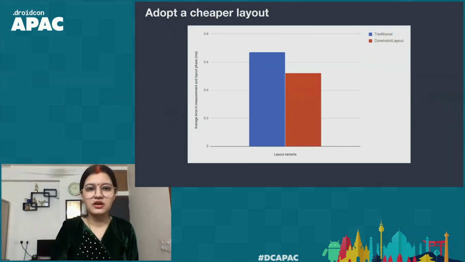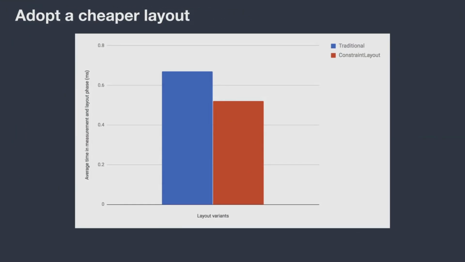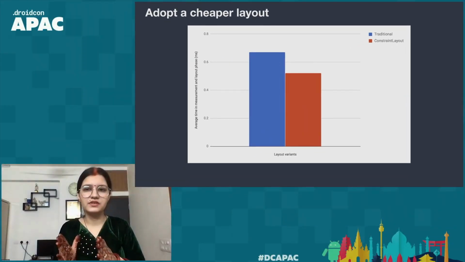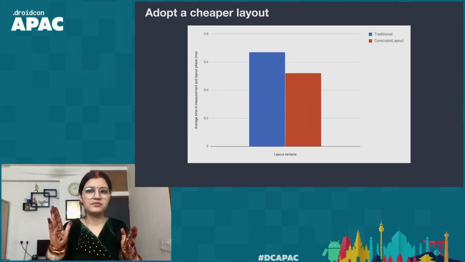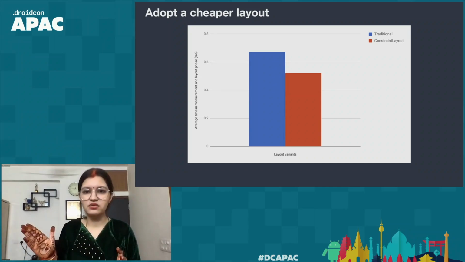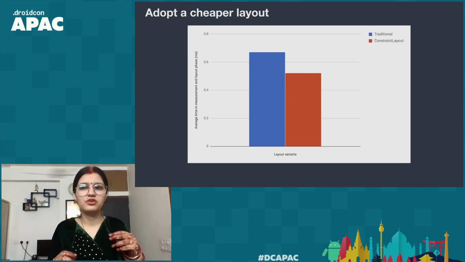And some people are just fans of numbers, so I have created a graphical representation here for the traditional layout approach versus constraint layout approach. As you can see, the same layout I did with the traditional linear, relative layout and nested parents, and the same view I created with the constraint layout. So you can see there is a difference of 40% optimization when using constraint layout.